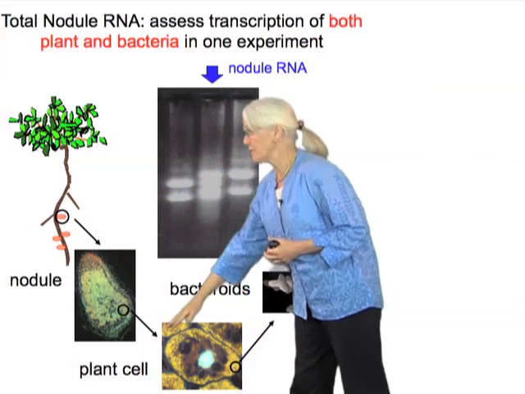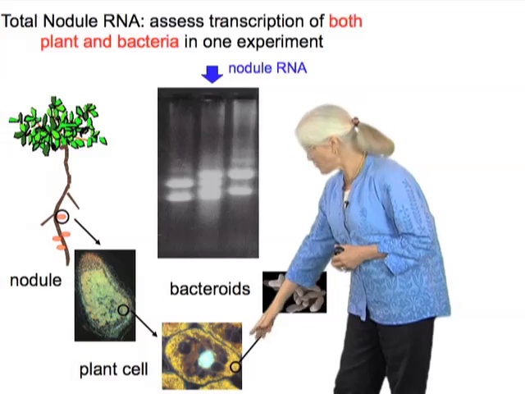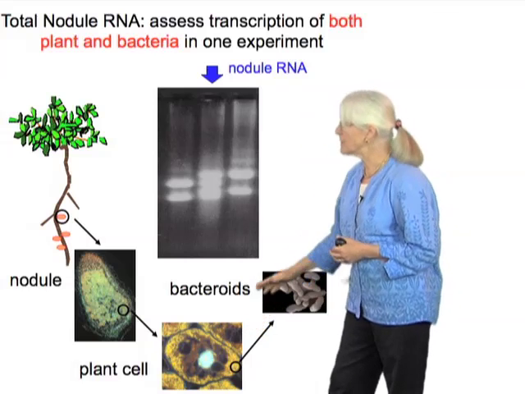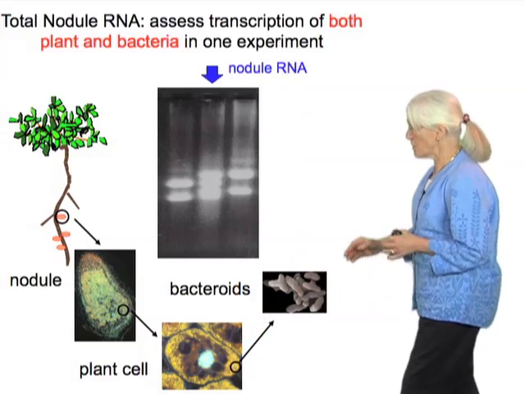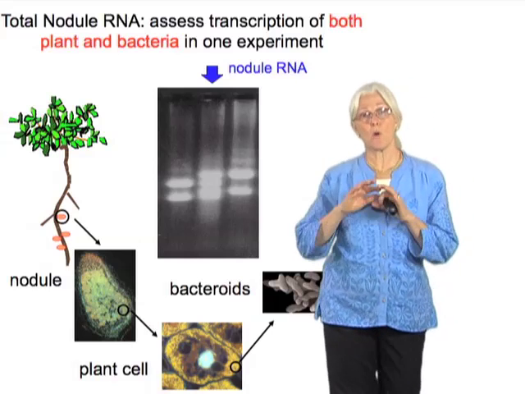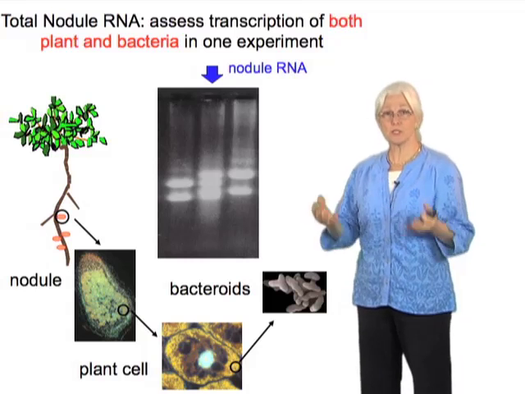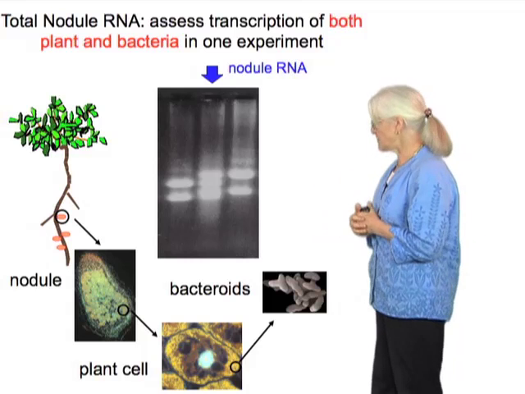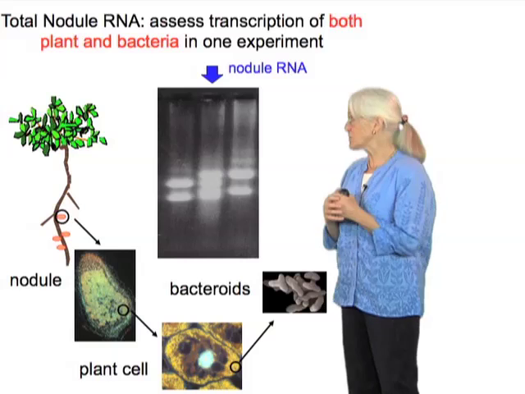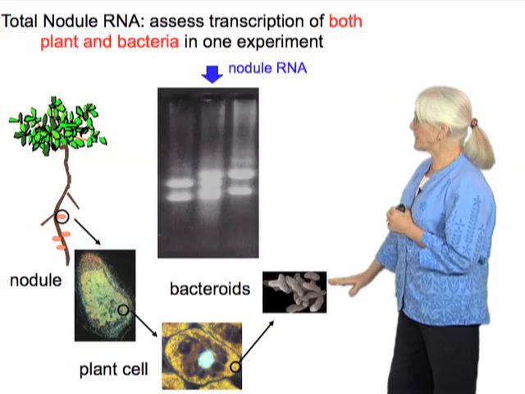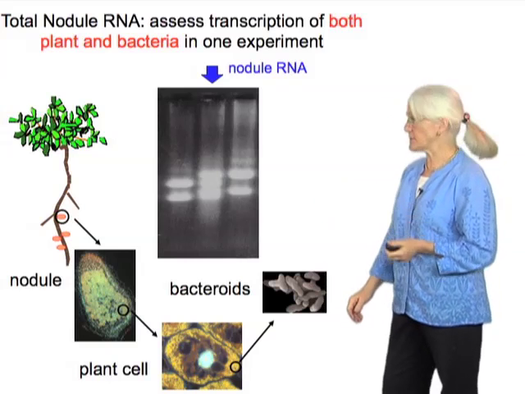Of course, this is going to be full of many plant cells. Each one of those plant cells has bacteria, and those bacteria shown here have differentiated. So a nodule lysate is going to have a mixture of all of those materials. We have a method which allows us to capture both bacteria and plant RNAs at the same time, and that